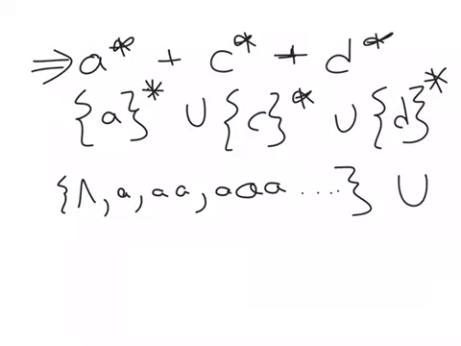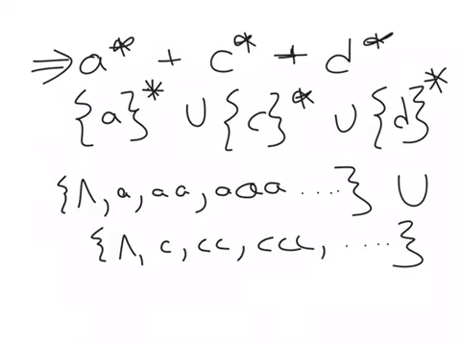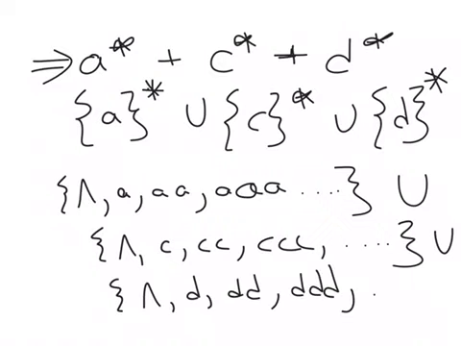And we're unioning that with C star, which is lambda, C, CC, CCC, and so on. And then we're unioning that with lambda and D and DD and DDD and so on. So if I take the union of all three of those,